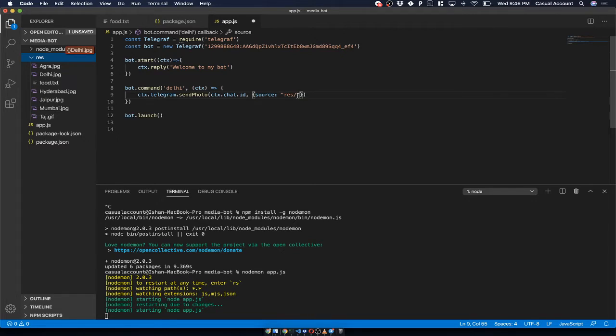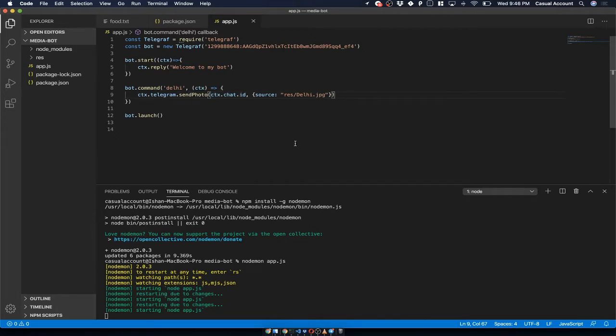Oh, where am I writing? Sorry, just typing over here. Let me just do it again. Delhi.jpg. Okay. So now I provided the source, I provided the chat ID. Let's see if this is working or not. I'll save it again. You can see the restart has happened, and we can go back to our bot